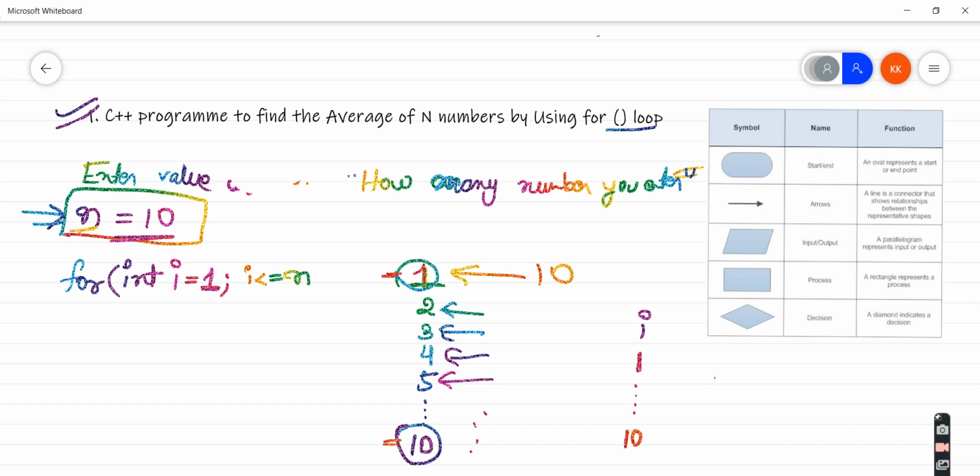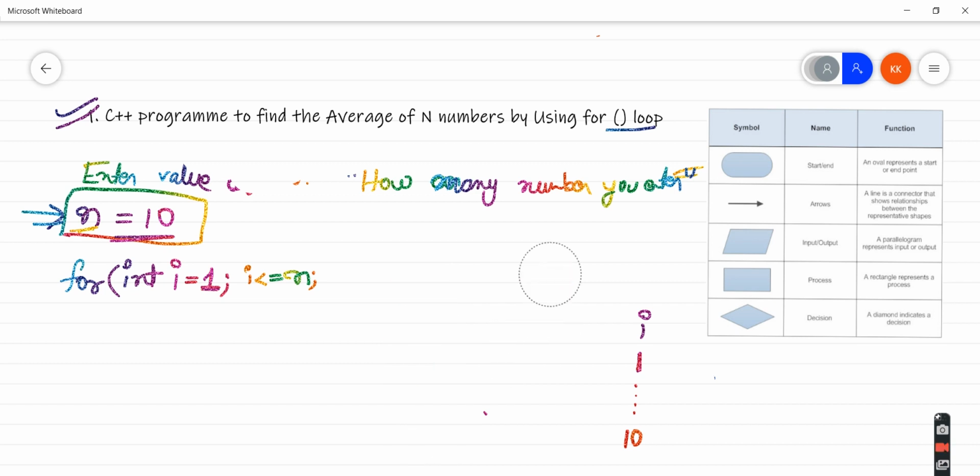Now we can see that the value is incremented 1, 2, 3, 4, 5, so this process is going to continue in incrementing order one by one. So I will write i is equals to i plus 1. Is that simple?